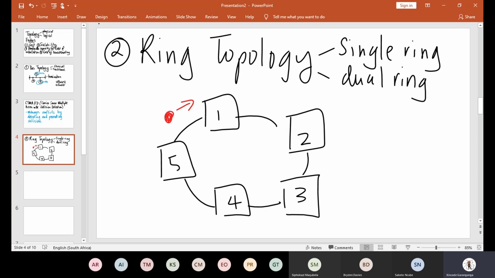That's our token, which is a packet normally, and any device that requires utilization of the network, or any device that needs to send signals or needs to send any data, needs to capture this token. And then once it captures the token, it means that every other device within the network cannot send. So if we say our device number one is the one that has captured this token, it means that devices 2, 3, 4, and 5 cannot send any information or data or signals at that particular point in time because they don't have the permission to send